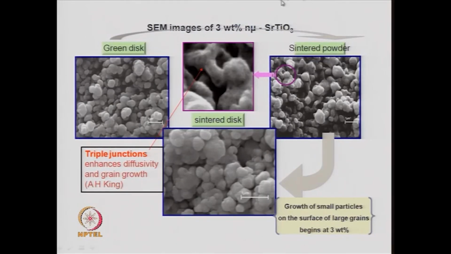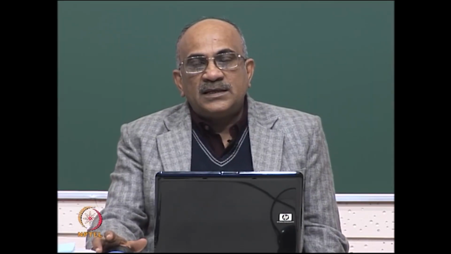Now, here this is the same kind of experiment that you have done with another material, which is strontium titanate, SrTiO3. SrTiO3 is not a ferroelectric, but it has many applications which are different from barium titanate, which is used mainly as an MLCC or multi-layer ceramic capacitor. Barium titanate is a ferroelectric, but SrTiO3 is not a ferroelectric, but it has many other applications in electronic devices. So, SrTiO3,